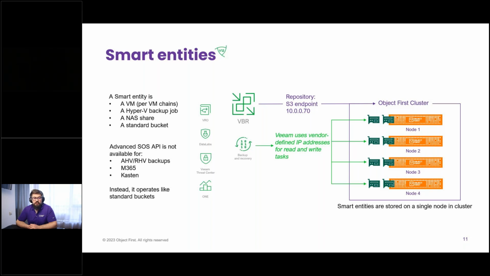So how does it usually do its job? You have the management interface, which is connected to the Object First cluster. So you see the S3 endpoint in full and you create buckets. However, we define the IP addresses available for Veeam Backup and Replication for read and write tasks, and this information is also kept in Veeam Backup and Replication. Since we are integrated in full, you can run it with Veeam Threat Center, for backup verifications, for Recovery Orchestrator, and for Veeam One. So there is complete visibility of your backup infrastructure when you use the Object First appliance.